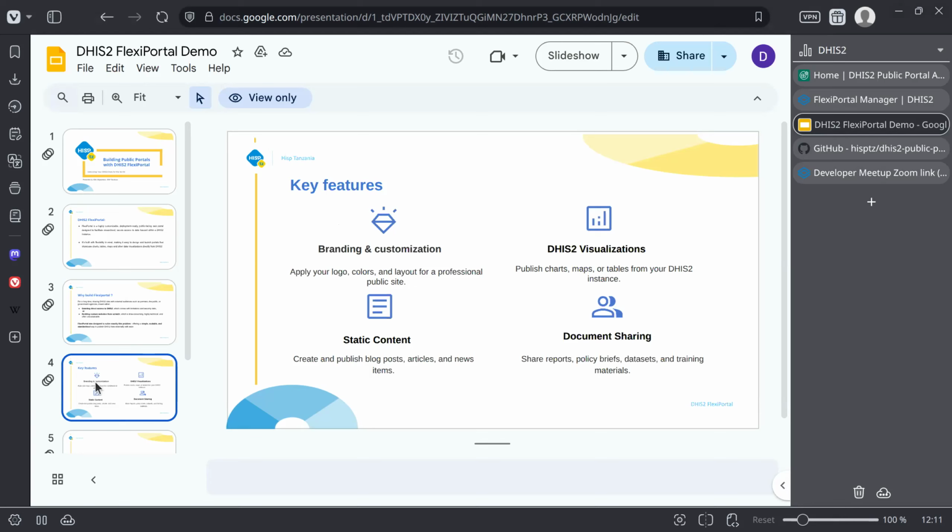Now, after we have seen why we built FlexiPortal, let's take a look at some of its key features. We'll look at four key features that FlexiPortal offers, and one of these is branding and customization. With FlexiPortal, you have full control over the look and feel of your public portal, whereby you can apply your own logos, have your own color scheme, and apply the layout however you want. And second is